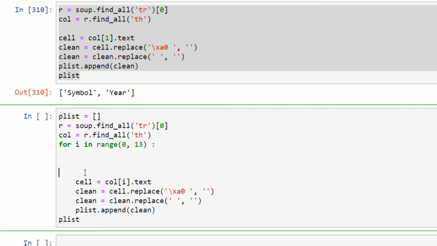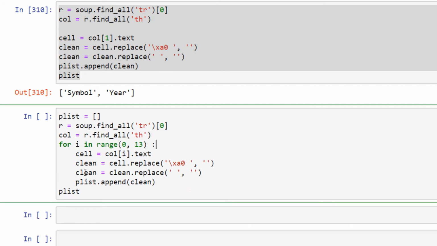And then from different columns we are now extracting text. Once it is extracted, we replace the unwanted characters in the text. Once that is done, we want to replace the empty or the spaces with nothing, and we want to then append the extracted text to the Python list, and once the loop is complete we want to read the Python list.